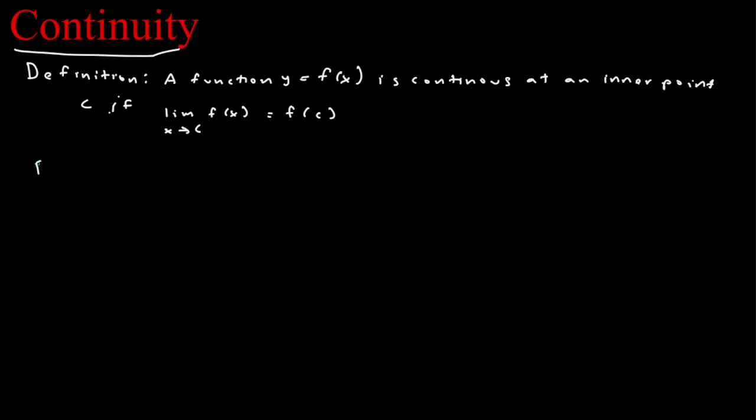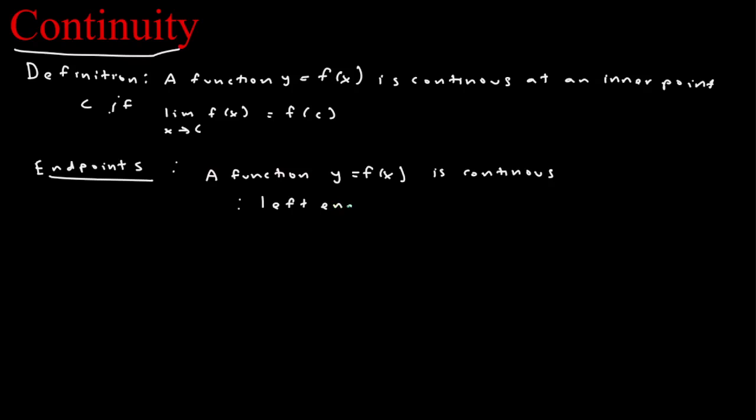And obviously C has to be in the domain of f, right? For endpoints, a function y is equal to f of x is continuous at a left-hand endpoint, if the limit as x tends to a from the positive side of f of x is equal to f of a,